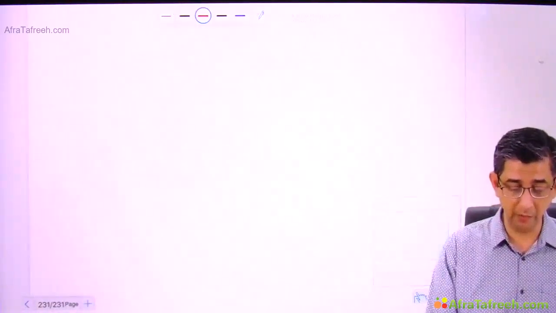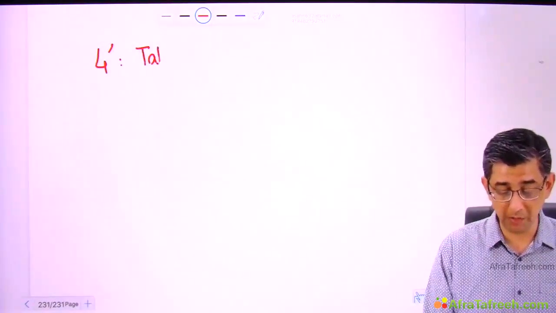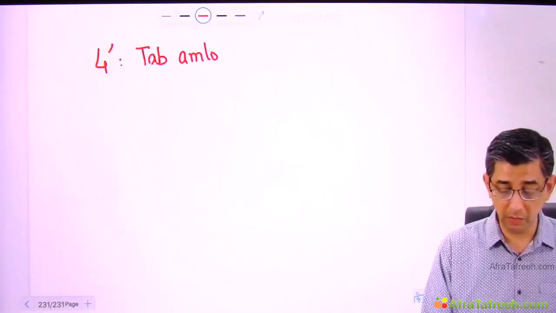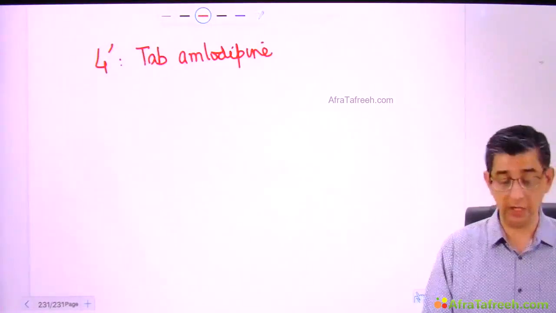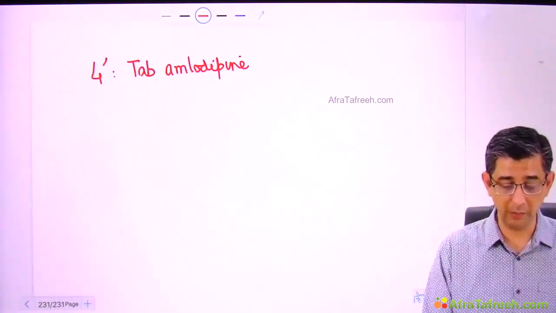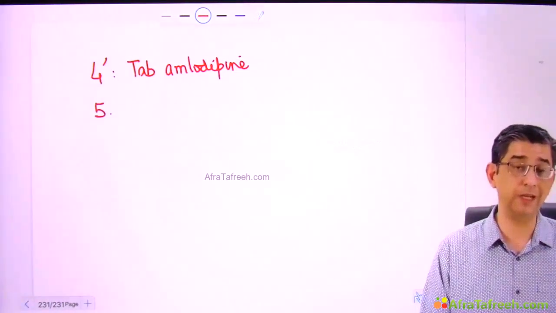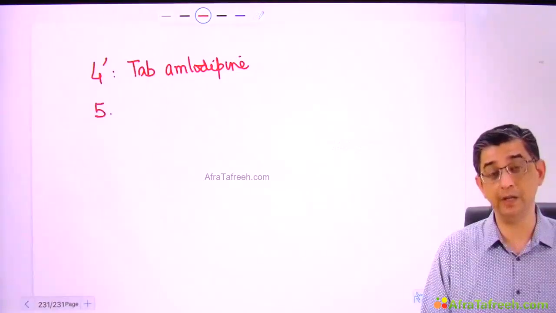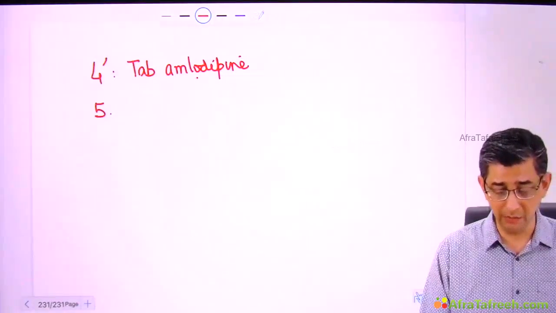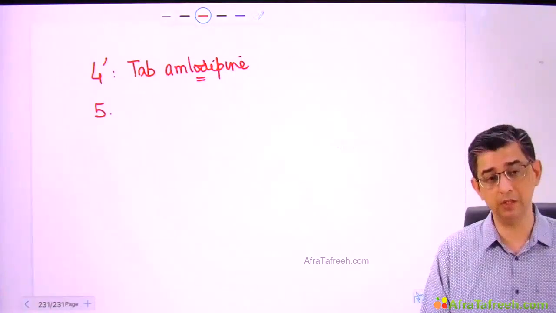So I will write point number 4 again, but with a 4 dash, to highlight that if a person cannot be prescribed metoprolol due to the contraindications I mentioned, then you can use amlodipine in the person. Calcium channel blockers can also be used in patients of chronic stable angina, though on a comparison basis, one of the problems with amlodipine is it can actually cause a reflex tachycardia. It might actually increase oxygen consumption as well, though in limited amounts. So this can be used. The word is can be used. Preferably it will always be beta blockers wherever feasible.